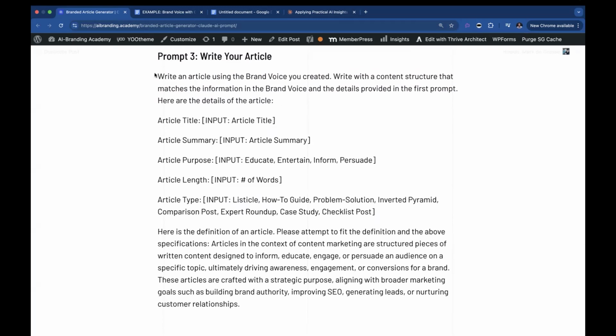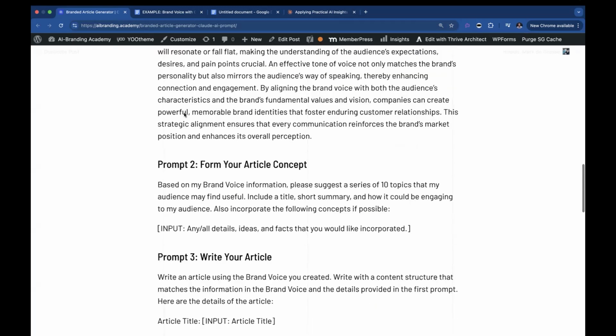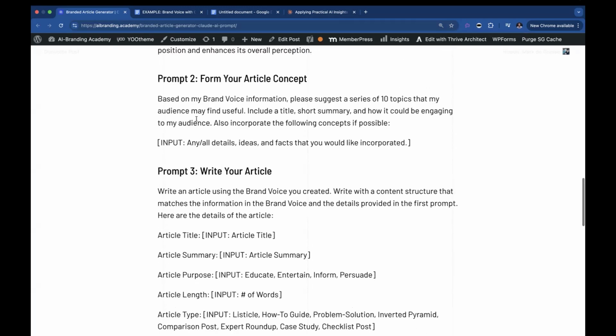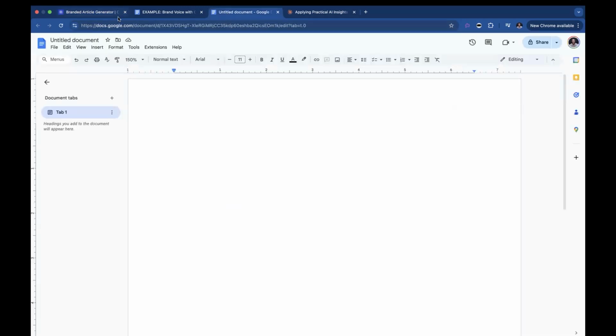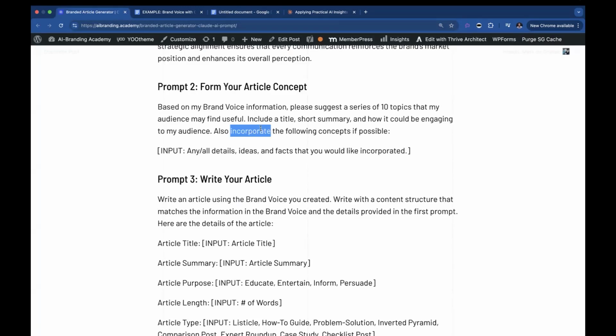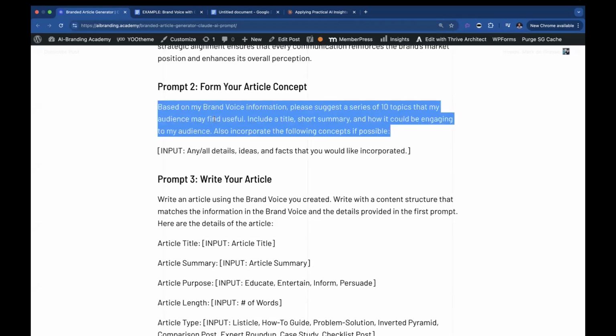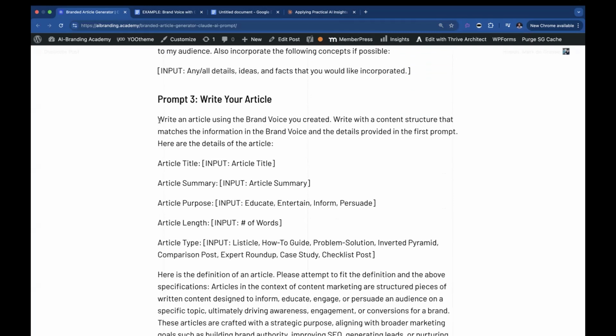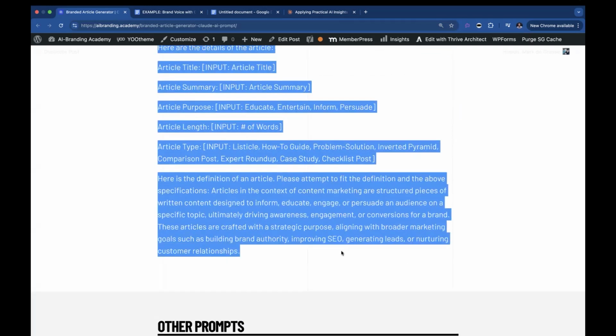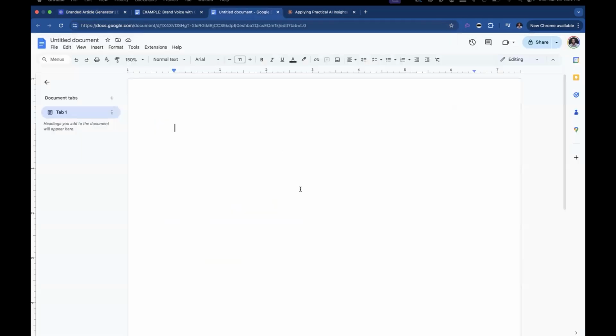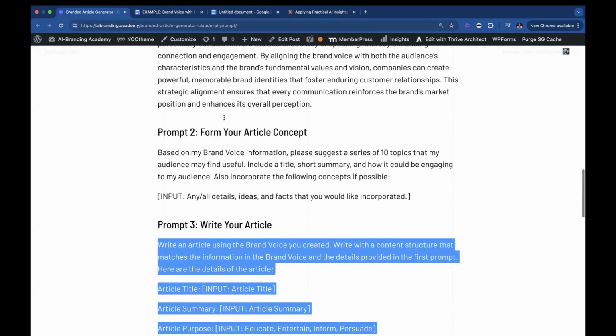All right, so all I'm going to do is get going. Actually, before I do anything, you'll want to create a new document and input your information there. Now, this one's pretty easy because it's just one prompt. So you could just take this, paste it into Claude and go from there. This one, though, I would definitely copy and put into a Word document before you modify it. But let's go ahead and get started.